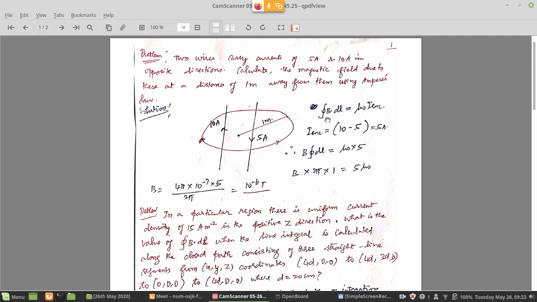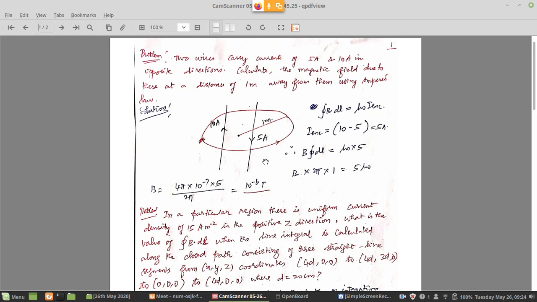Once I have written that, I enclosed is how much here? We have to first do the right side. On the right side, mu naught is constant, but I enclosed is incoming current and outgoing current. We have to see both. Current upwards is generally taken as positive, current downwards is negative. Current upwards in this case is 10 amperes, and current downwards is 5. So 10 minus 5 is 5 amperes effectively. So I enclosed is 5 amperes, and on the right side you multiply that with mu naught, so 5 mu naught.